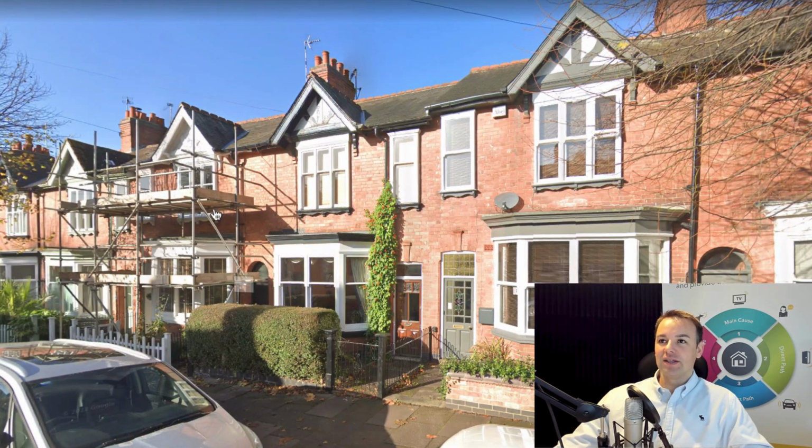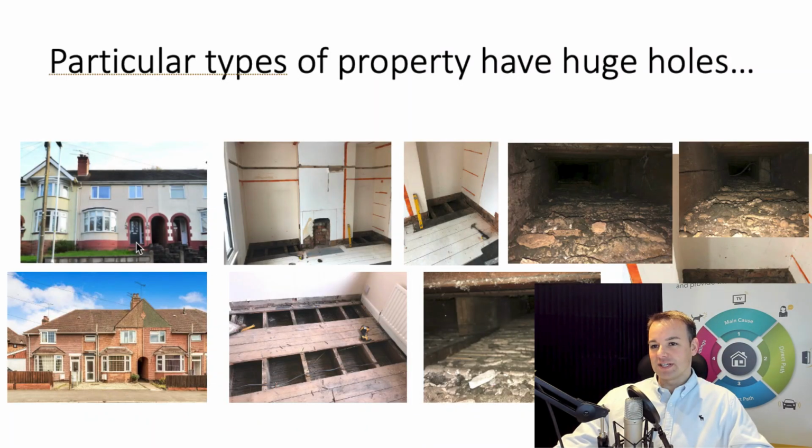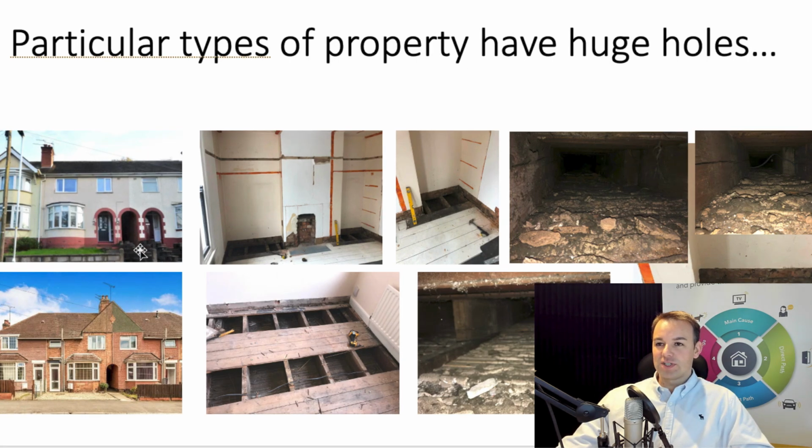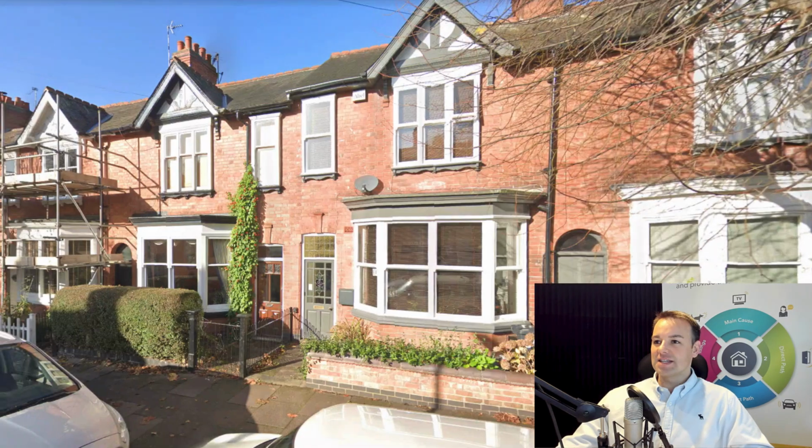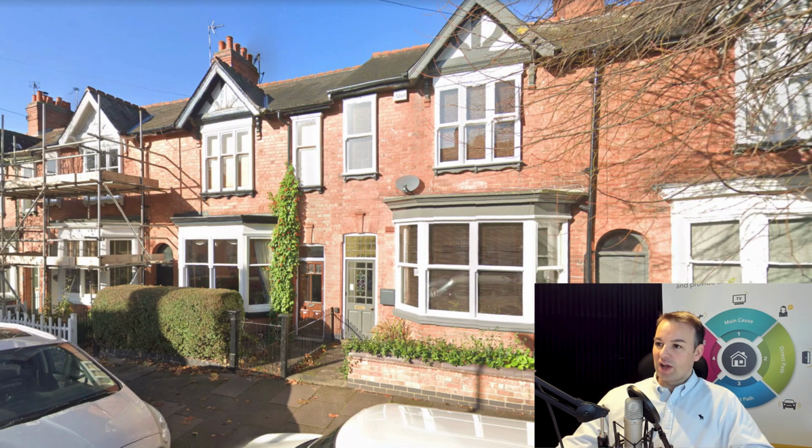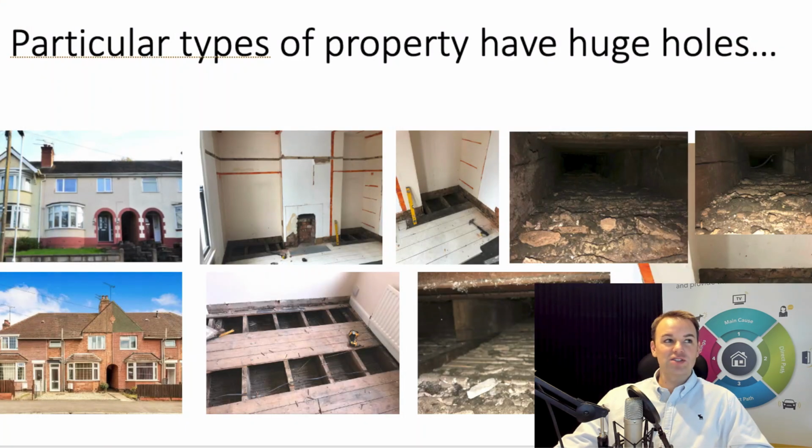There's another one. And if we go to my slide here, there's another particular type of property, and there's another one there where you have a hole. It's a walkway between the two buildings. So back to this, older properties where you have a walkway between the two houses. Now what happens in this bedroom or in this bedroom, there's a hole going through to the neighbours. Now, I'm not too sure why, it's not my area of expertise, but when you pull up the floor,